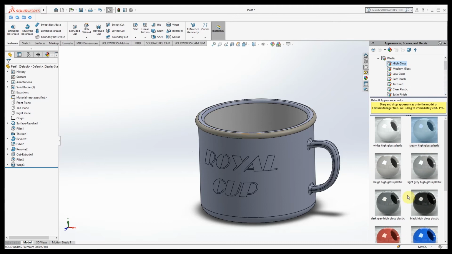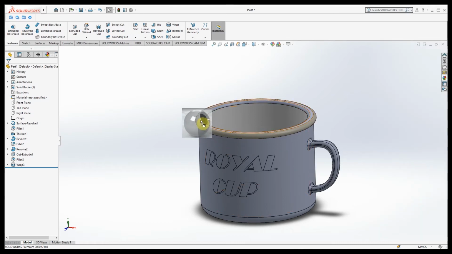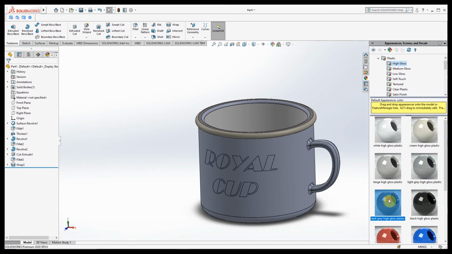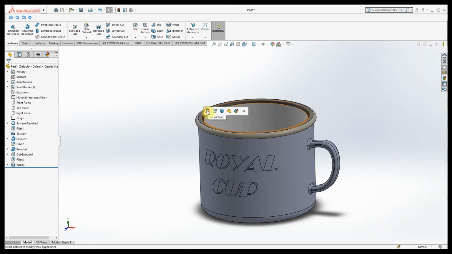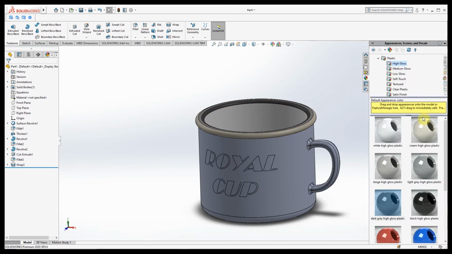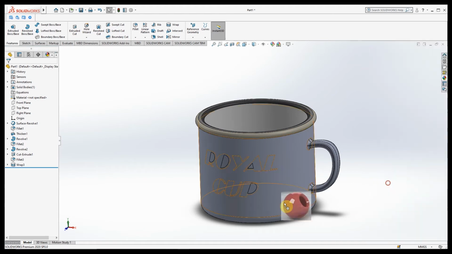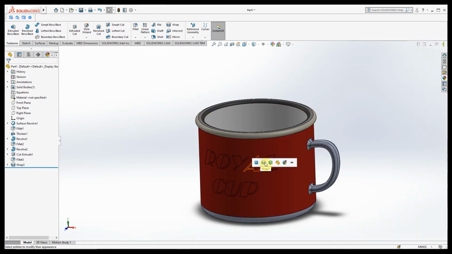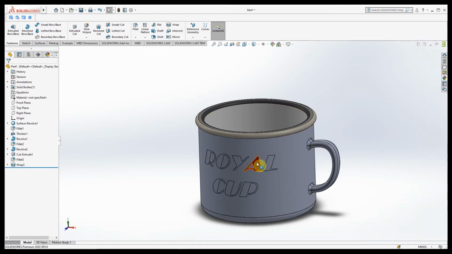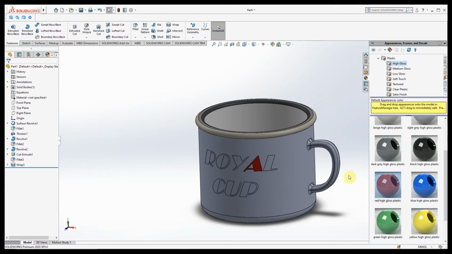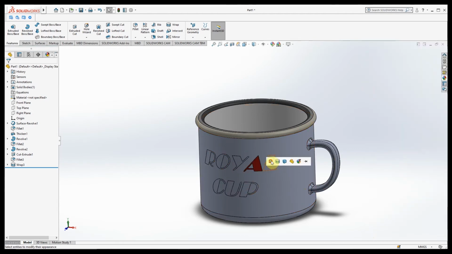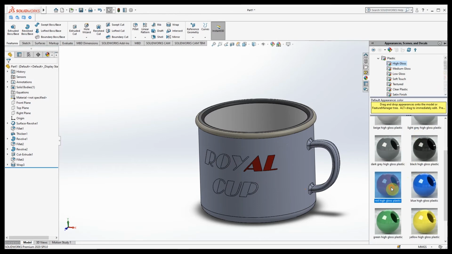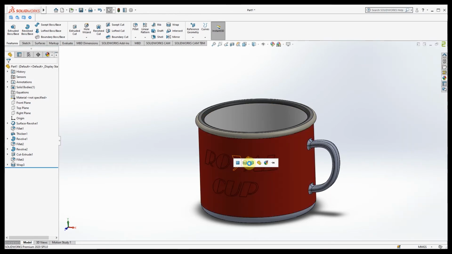Don't give the same color to the different features, because I will show you what happens if you give the same colors. Here you can give the same color for text. I think you can select the wrap option.